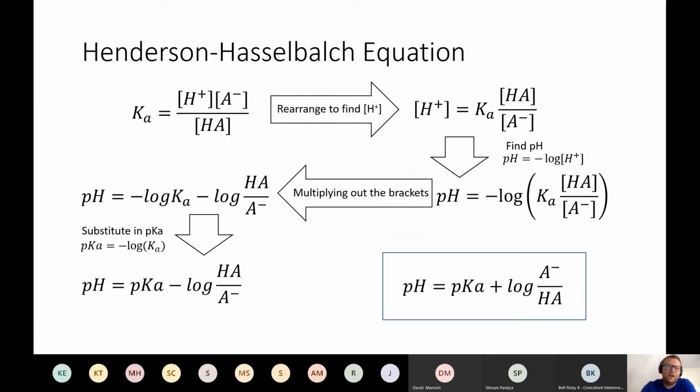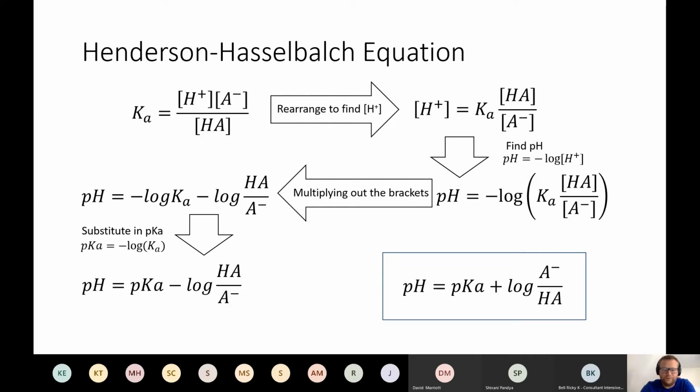So as part of the primary FRCA, I understand that you're meant to be able to derive the Henderson-Hasselbalch equation. It can seem quite complex at first glance, but once you've done it one or two times, it becomes quite straightforward. So you need to start off with the acid dissociation constant, Ka. And then you need to rearrange this equation to make the concentration of hydrogen ions your subject, which gives you